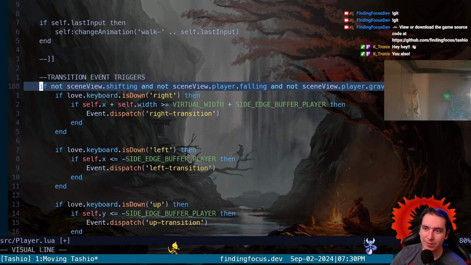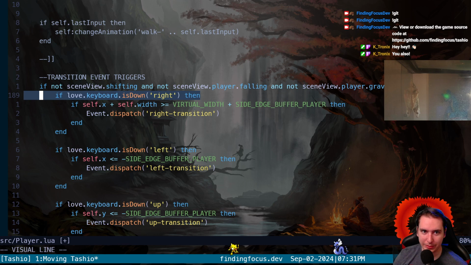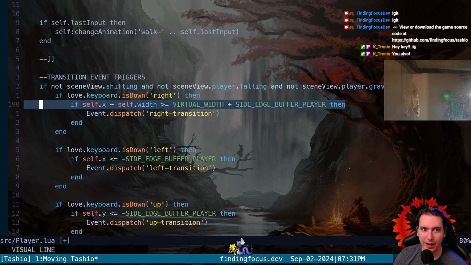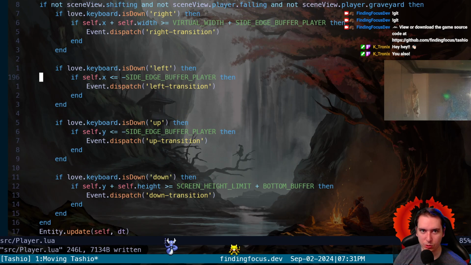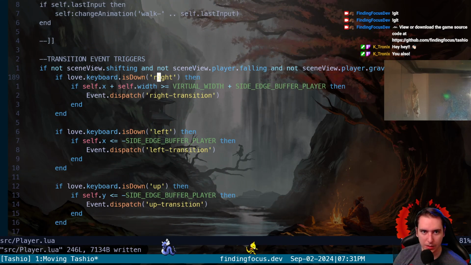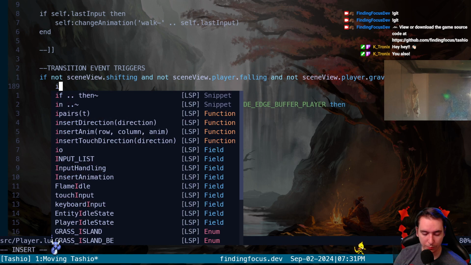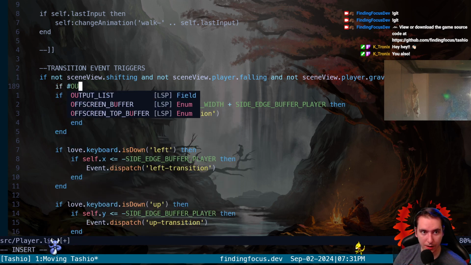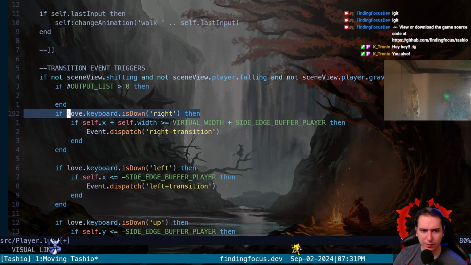player is not in the graveyard anymore, then we're going to be checking for inputs, and if the input is right and our X position is bigger than this threshold, then go ahead and event dispatch. So if we do this, we have to change this for WASD. So we should probably do something similar where we would say, we can probably say if the number of output list is greater than 0, meaning don't bother checking for input